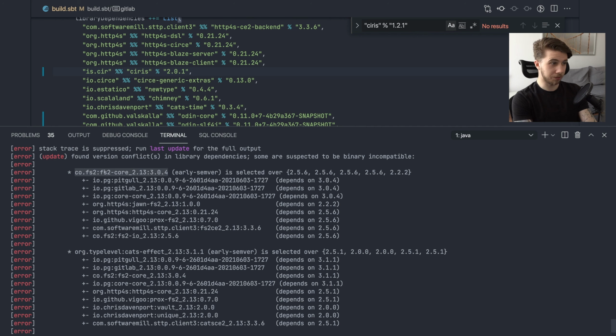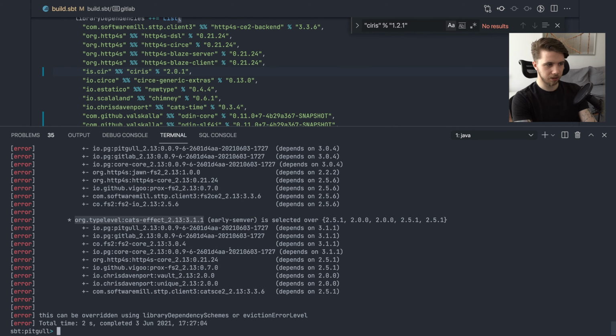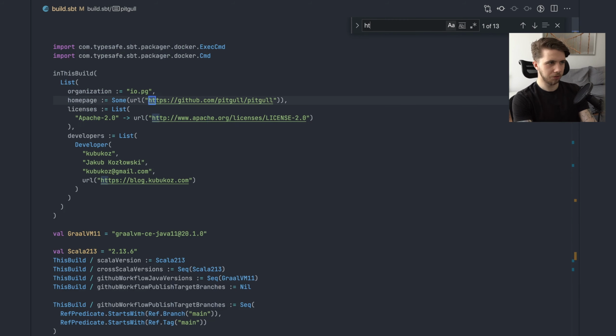This is, by the way, FS2 now causing problems, not just cats effect. We have cats effect here. Let's take care of cats effect first. We need to update HTTP4S, procs, Vault, which I think comes from HTTP4S, this as well, and then STTP. So I'm going to go with HTTP4S first. So everything HTTP4S,